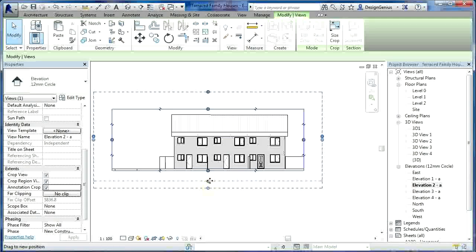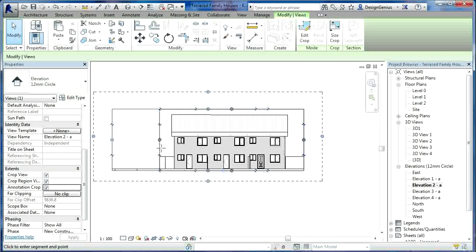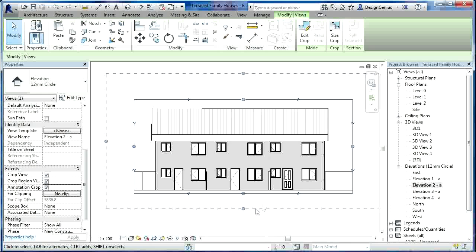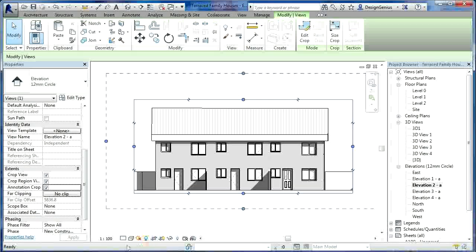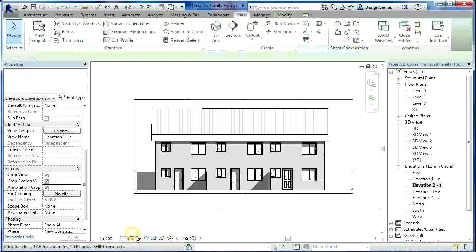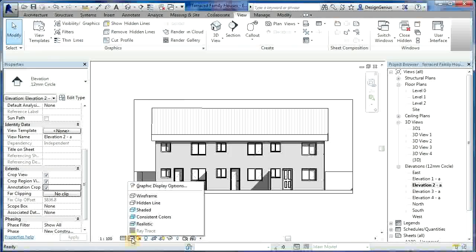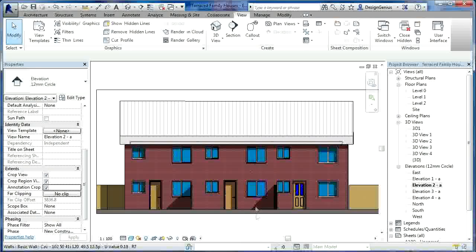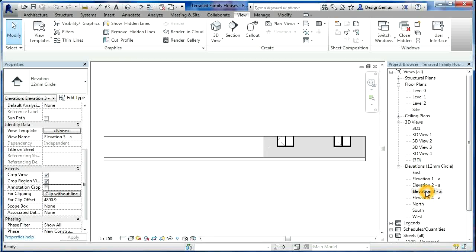I think that should be fine. Yeah, looks okay. If I put the shadows on, if I want fine details, and then if I do it as shaded, I'll zoom in a bit, you can see that is our elevation. Same way you can put them into a drawing sheet if you wanted to. I'll just do this one,